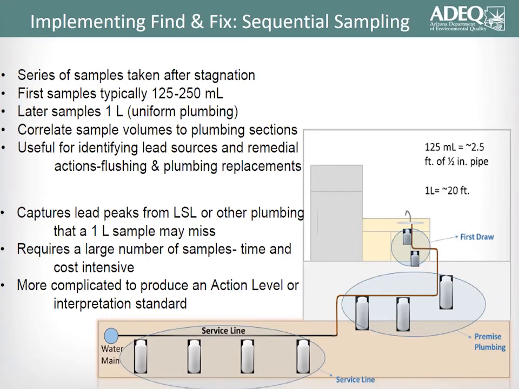So if we see spikes at sample bottle 3, a material or a water system component at that point is the indicator that maybe the lead's coming from there. We also analyze using cross metals such as tin, because where we see lead and tin together, it most likely might be a brass and bronze fitting that's causing the lead to be released. And therefore, replacing that fitting with something considered lead reduced or lead free may result in that tap not having higher lead levels.